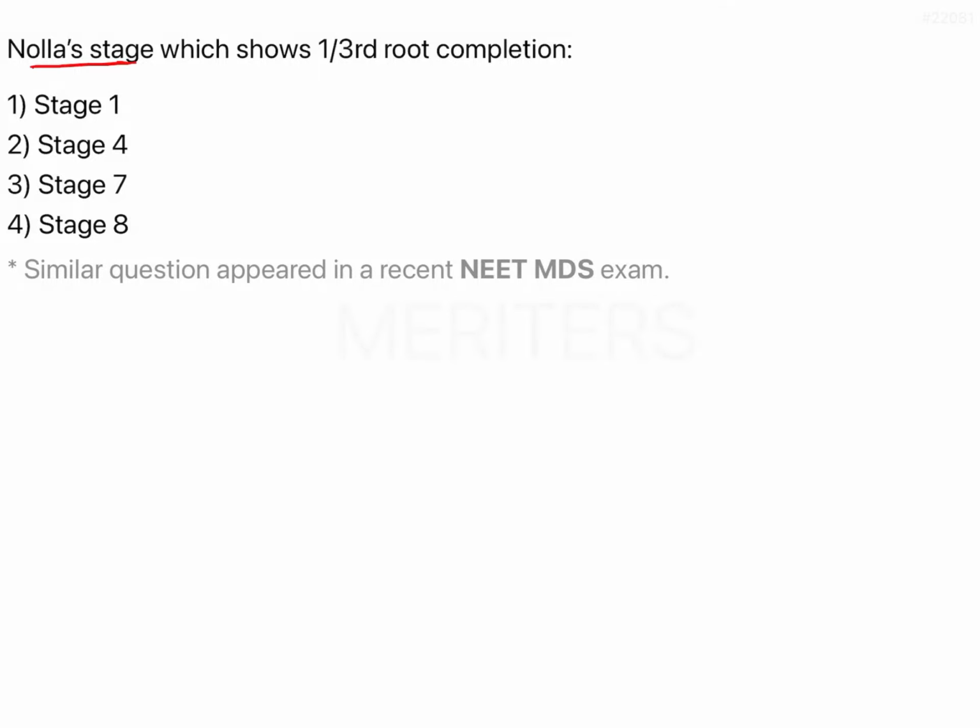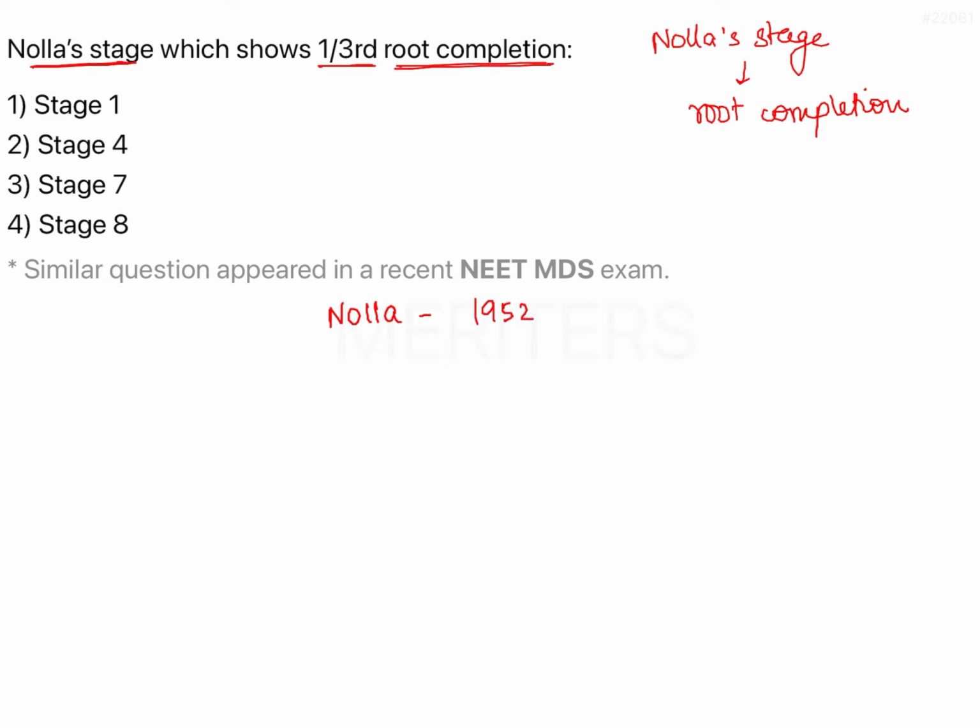Nolla stage which shows 1/3 root completion. The question is about one of the Nolla stages and another key term given is root completion: 1/3 root completion. Different stages are given to us in the options, say stage 1, 4, 7 and 8. Now we should know that a person known as Nolla in the year 1952 divided the tooth development into 10